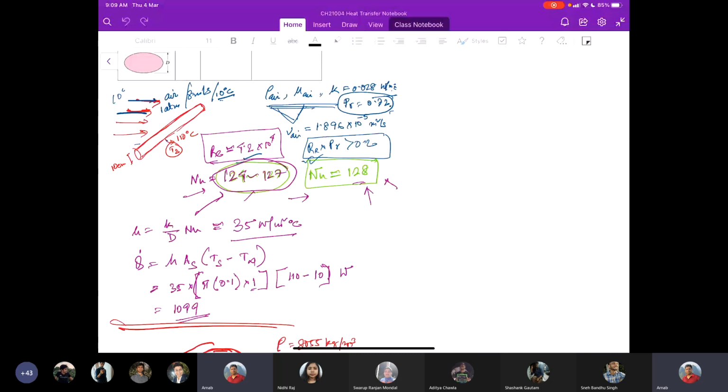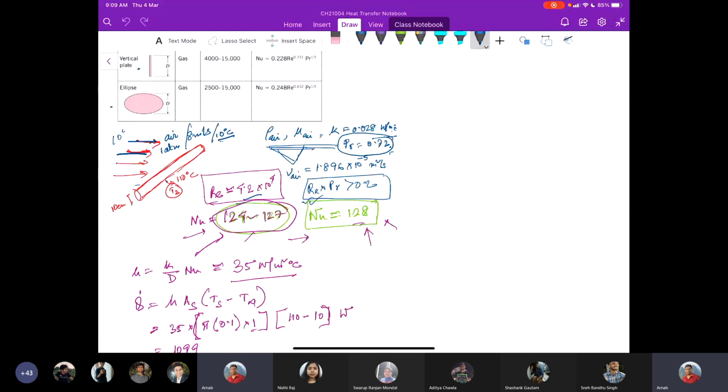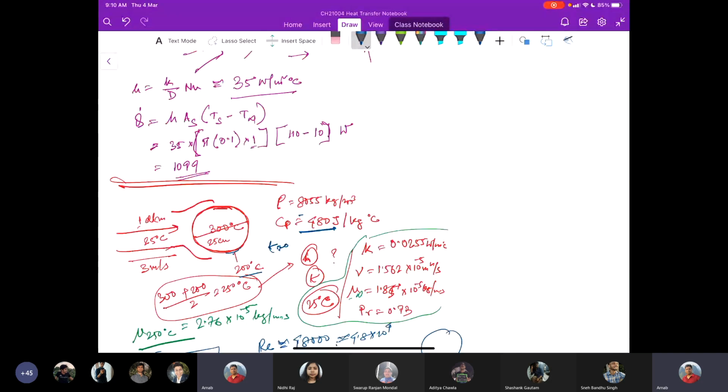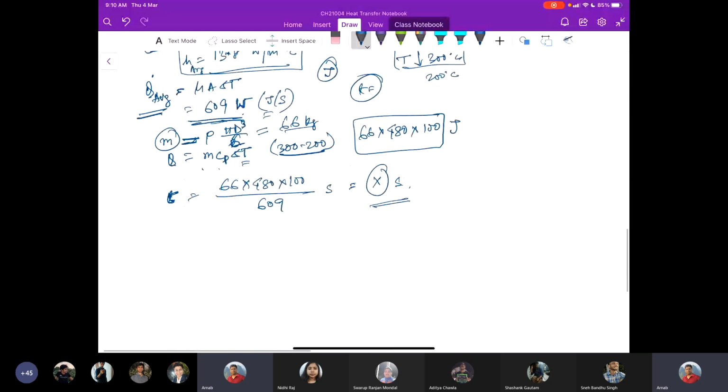Now to do that, based on the operating conditions or operating temperature, pressure, and existing parameters, we had to find out the appropriate correlation from where we can get those Nusselt number values for that typical shape of the object and the condition of the flow. For example, the limits of Reynolds number and Prandtl number. And then once we have it, we simply calculate the heat transfer rate. The same procedure has been followed in the next part as well. That is the spherical object problem.